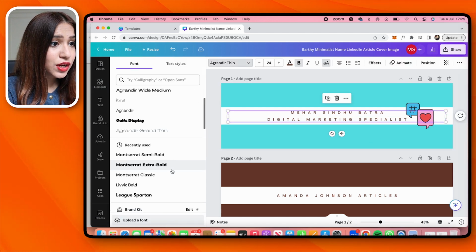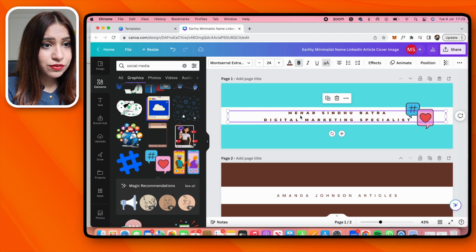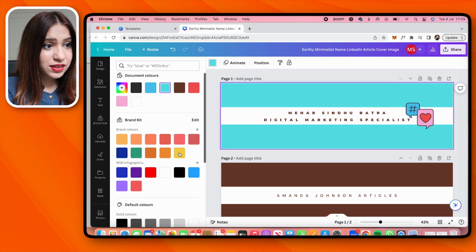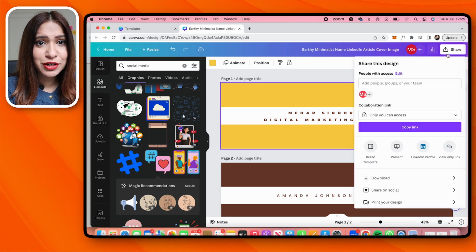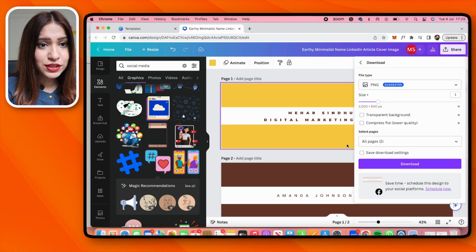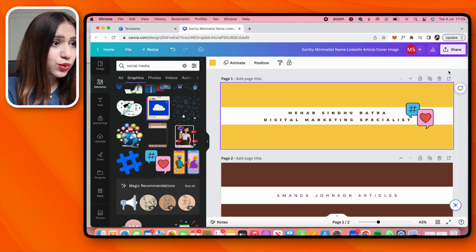If you don't like this font, you can always go onto Canva and change the font. You can change the color. This blue actually looks too loud, so maybe we can do this one, right? It just adds a little bit of personality. So I'm just going to download this, or if you're not comfortable doing that, you can even add a picture,